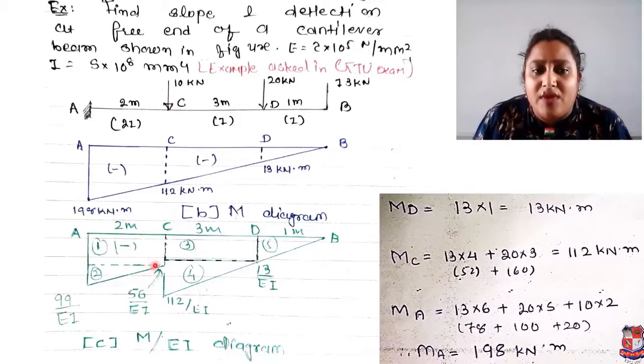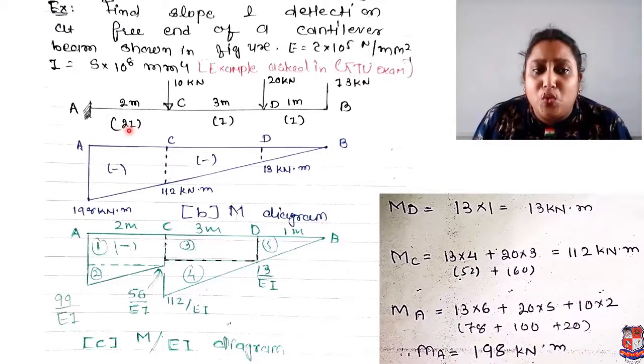So at that point, somewhere over here, our moment is 112 upon EI. Okay, so here 112 upon EI, but here somewhere 112 upon 2 EI. Okay, so 112 divided by 2 will be 56. Okay, so here your value will be 56 upon EI. Please keep in mind there is 112 upon EI. So here what we did, 112 upon 2 EI, and based on that we got 56 upon EI. Okay, similar to that, here we have 198 upon EI, but we have to consider that here 2 I is there.